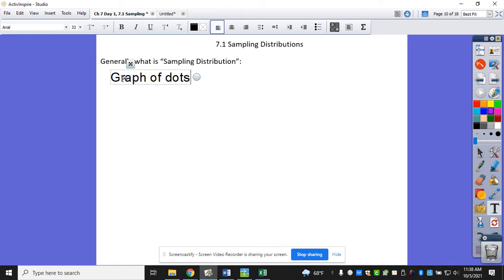What do those dots represent? And it can be any statistic. We used p hat today. It can be a graph of x bars. It can be a graph of s's. So it's a graph of dots that represent statistics from, this is the biggest part,